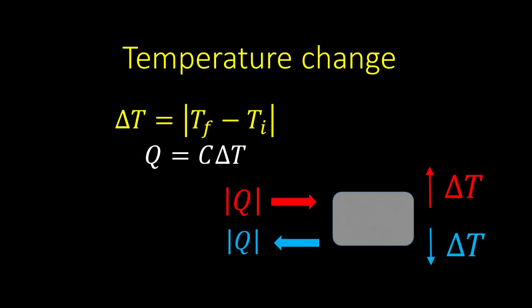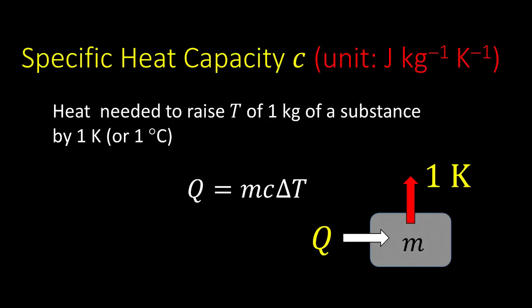Alternatively, we may define delta T as the magnitude of T final minus T initial, and then Q equals C delta T is the positive quantity of heat that must be added for an increase in T or removed for a decrease in T. Rather than knowing the heat capacity of an object, it is often useful to know the